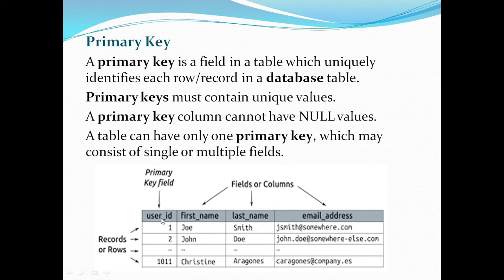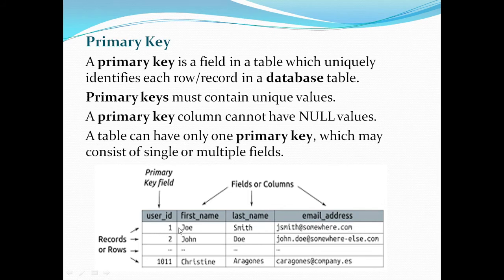So primary key is a field which uniquely identifies each record in the database table. So listen here. We are saying that primary key is a field which uniquely identifies each record. What is a record? These are the records. So this field is uniquely identifying each record. How? User ID is 1, his name is Joe. User ID 2, his name is John, and so on. 1, 2, 3, 4. See, the thing to be noticed is primary key, every single entity should be unique. That's why we are saying it is uniquely identifying each record.